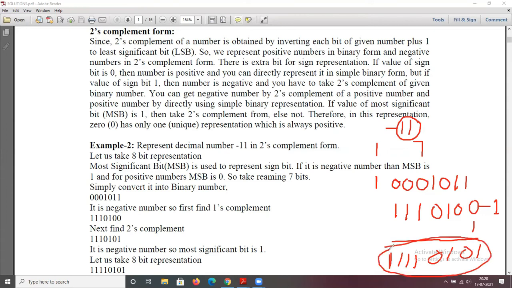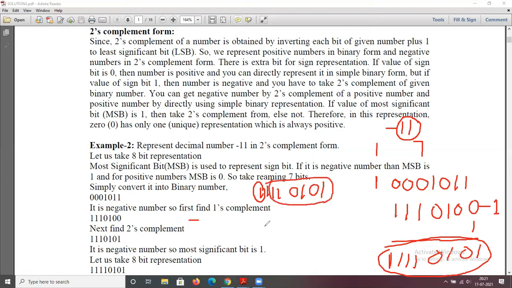How do we retrieve this data? The binary number is 1 1 1 1 0 1 0 1. When the most significant bit is 1, it is a negative number. To find the number, find the 2's complement.